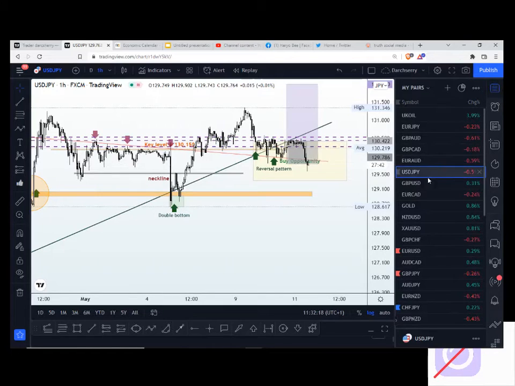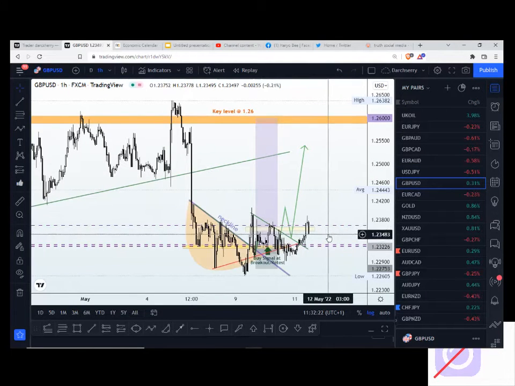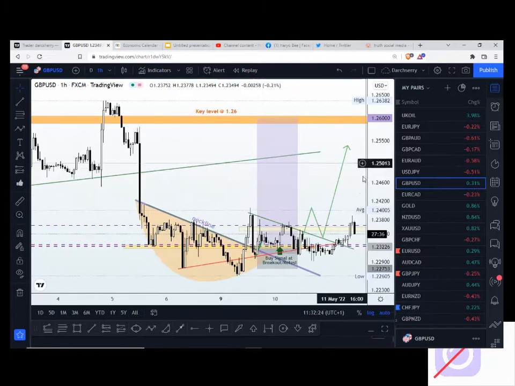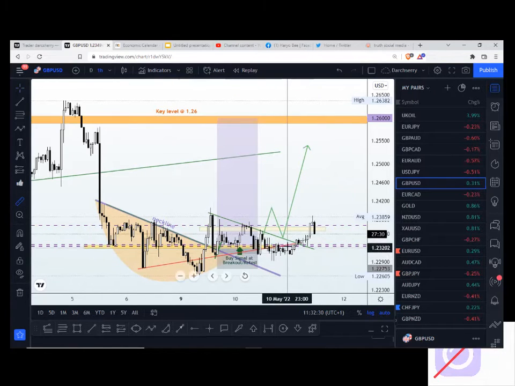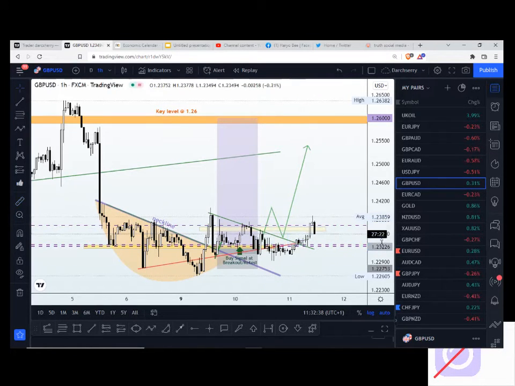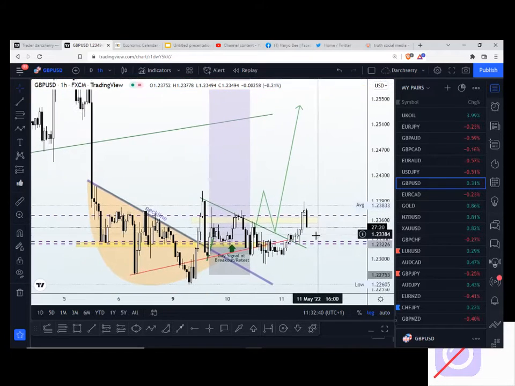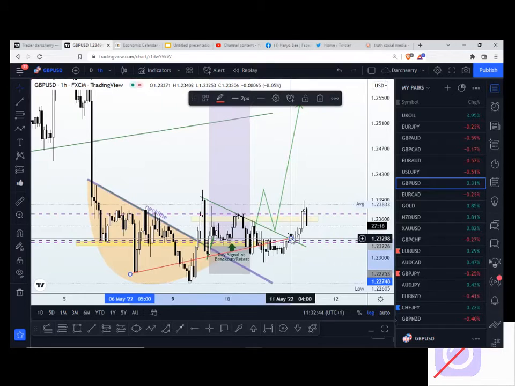So moving on to GBPUSD. Are you on this trade in GBPUSD? Okay, so price has already moved in our favor, and we actually ran about 50-60 pips in profits, and now price appears to be going back down. So at this point, it's advisable that you move your stop loss to break even, as we continue to look for